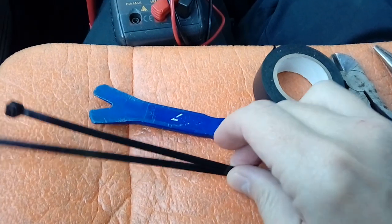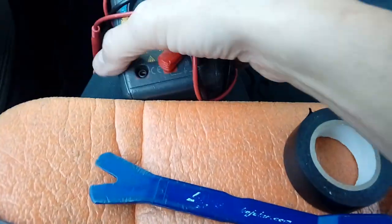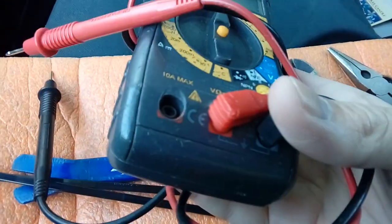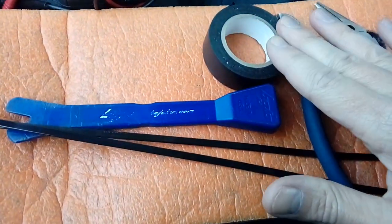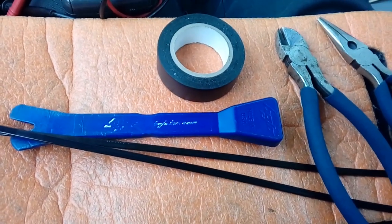A couple of cable ties. Again, always handy to have, and there's a little trick with those. And either a multimeter, such as this, well, one in probably a bit better condition than this, or one of the little test probe screwdrivers that lights up when you tap a live circuit, either of which is fine. As for the camera itself,